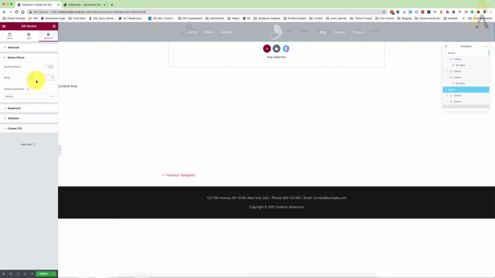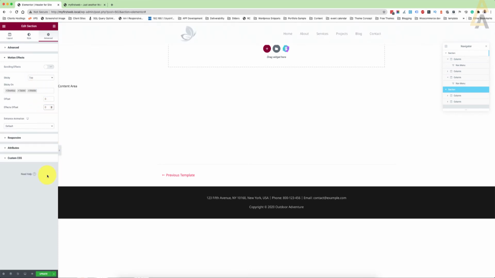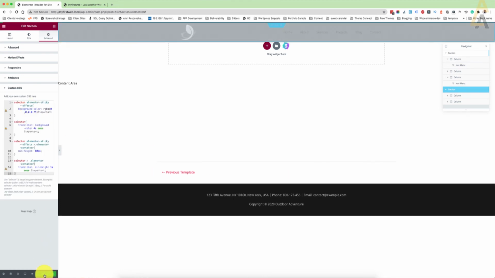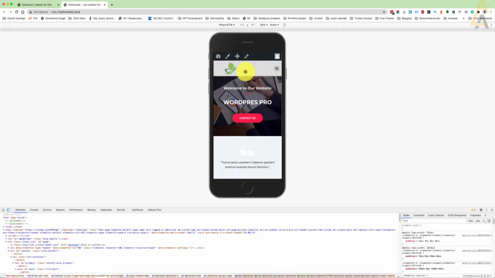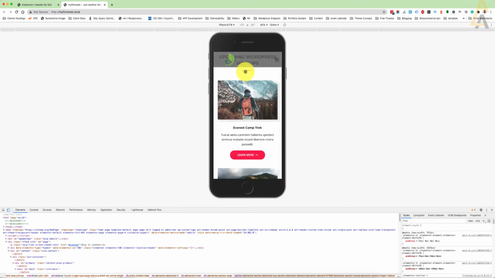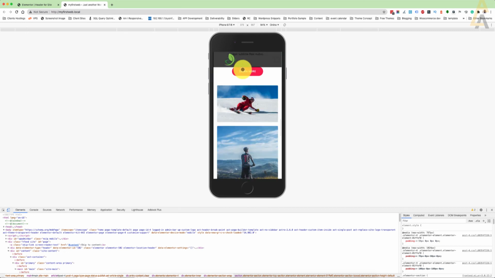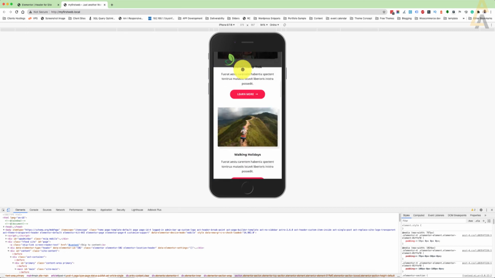It will be sticky to top, and effect offset is 100, and likewise the same CSS I'm going to paste here and just update it and see how it is looking. So whatever changes we need to make, we will look at. Okay, I'm refreshing the mobile layout. We can scroll and it is changing. The menu is sticky, the animation is right, but we can't see that toggle button, so we need to change the